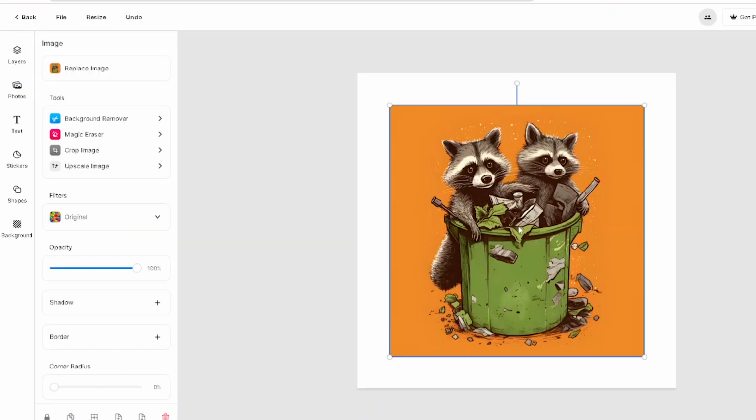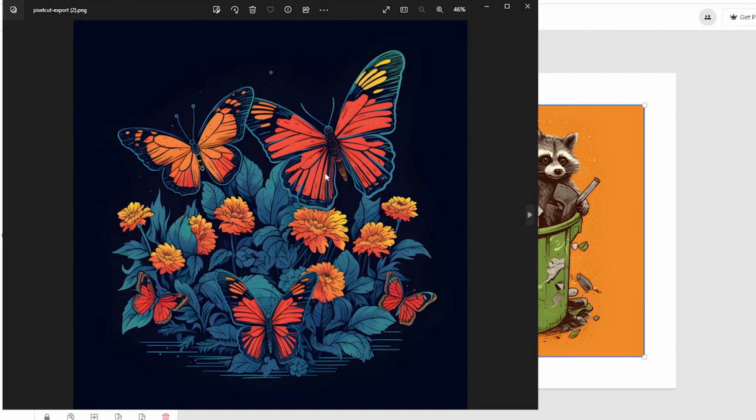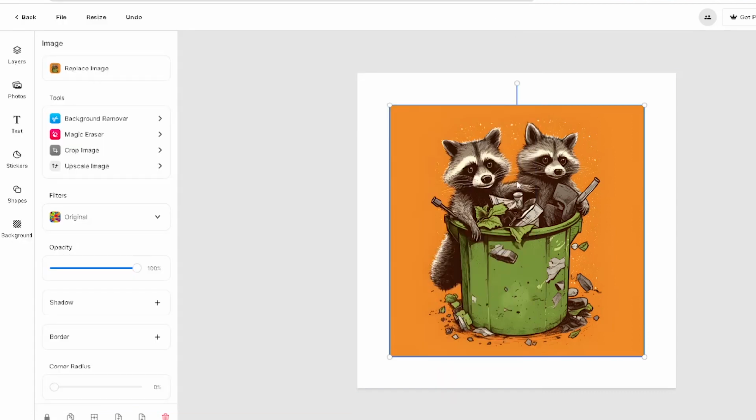For example, this right here is a little bit more put together, where there's not a lot of detail going on. Now compare it to the butterflies, right? If I click on the butterflies, there's a lot more going on here, so it'll be a little bit harder to take out. I feel like some of these softwares get confused. They're trying to take out the background for you, but then they get confused with certain parts of the image. This is something you would have to do more manually. Compared to something like this, it's a little bit easier. Obviously, you get the idea, you have to test it out yourself.